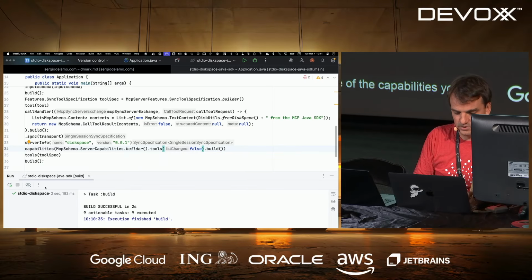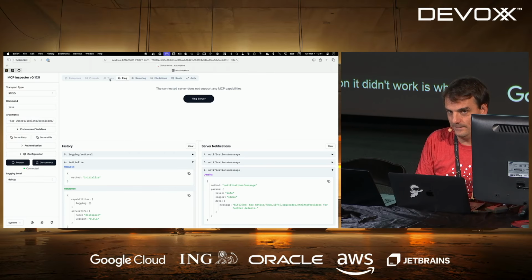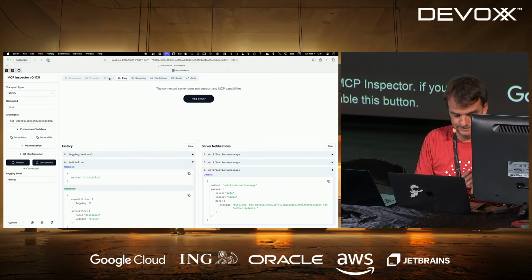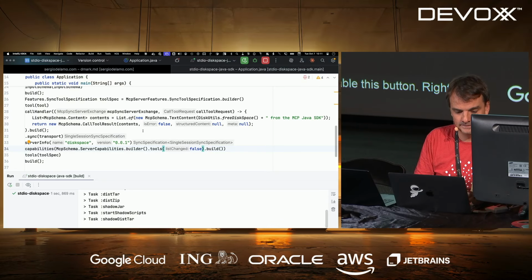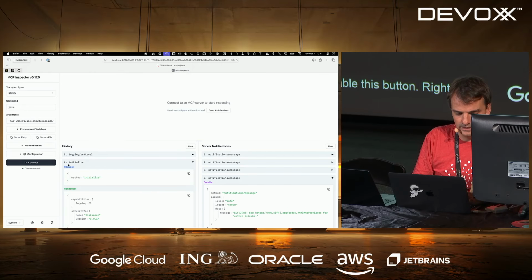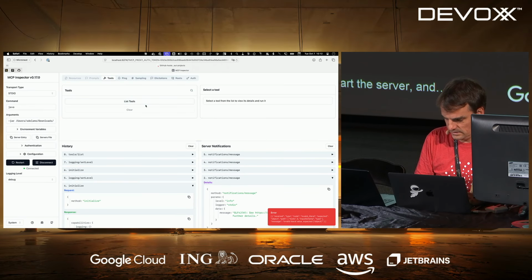So let's try again. The reason it didn't work is when we sent this, there were no capabilities, and the MCP Inspector, if you don't advertise tool capabilities, basically will disable this button right here. So let me just recreate the fat jar, restart the server, and now we can see the list of tools. And